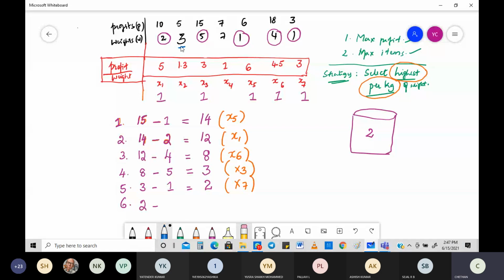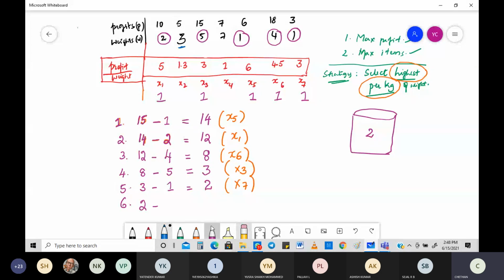Think of this as something like mangoes. There are 3 kgs of mangoes, and my bag can only hold 2 kgs. So I'll take only 2 kgs of mangoes. 1 kg, I'll leave it there itself. I'll feel bad, fine, but I'll leave it because the other items should not fall down.